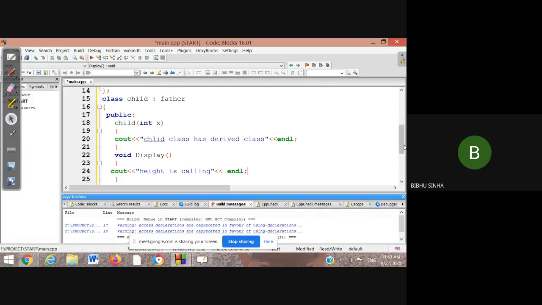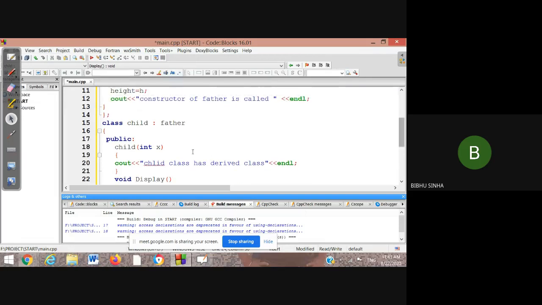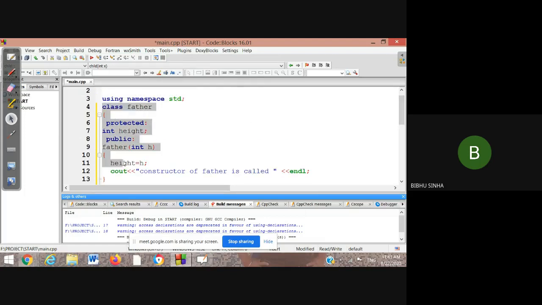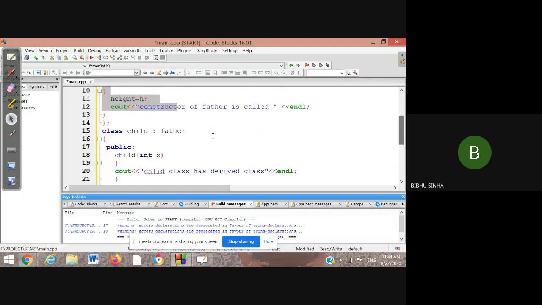We come to the constructor part. What is our purpose? I have to call the base class constructor. What is the base class constructor? This one, right? The base class is the father class, and this is our base class constructor. So I have to call it from the child class constructor. How can I call this base class constructor?